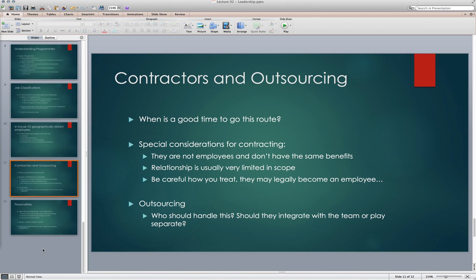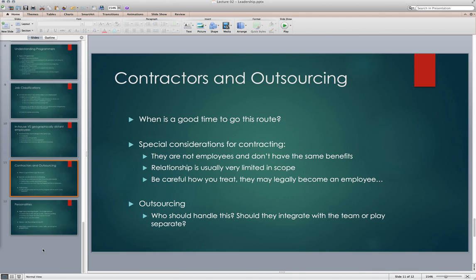You hope, with most contractors, that it's something they've been doing for a while, and so they're used to and are successful at coming into organizations, adopting how that organization works, and then playing well with others and getting the job done. But it can be very difficult, and so again, I think the key to a successful relationship with a contractor is defining expectations up front, and then defining how they're going to interact with your team.